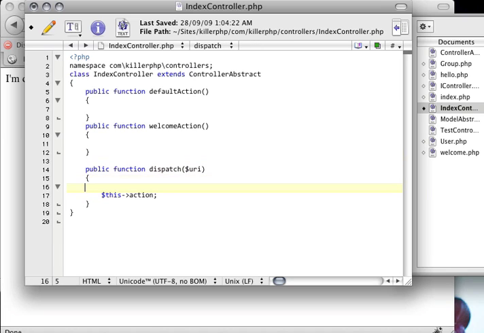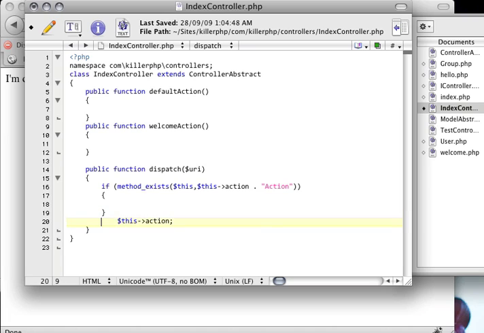And here what I can do is check to see if the method exists in this class, and we'll pass in this action, and we'll concatenate that with action. So we're just checking to see if that function exists, and if it does exist, then let's